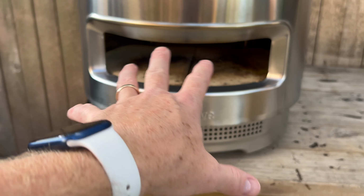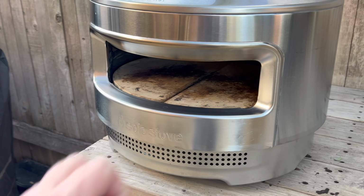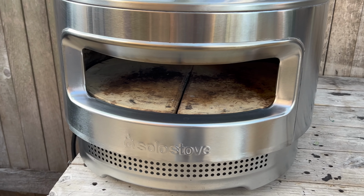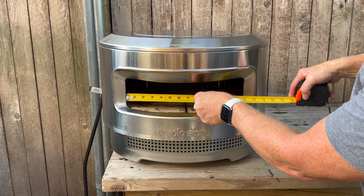This reminds me of the setup with the Ooni ovens. I like the Roccbox and the Dome because they're significantly higher. Let's measure this a little bit and see what it looks like. The entranceway is